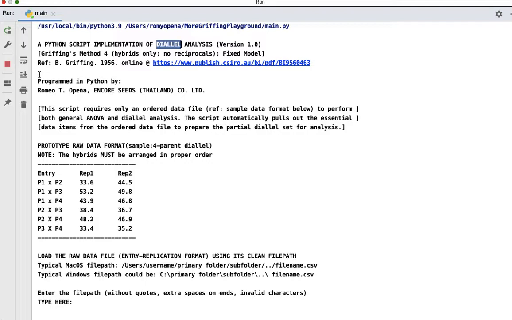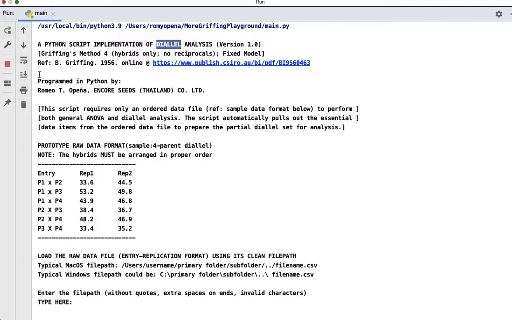At this time, this version can only process the data variables fed to it one at a time. The number of replications is flexible. A future version of this script will try to extend this setup, possibly try to add a few more parent lines and would be able to process data variables in bulk mode.